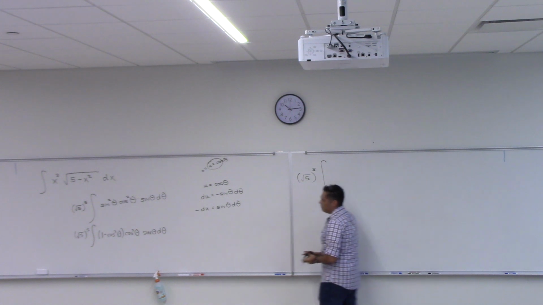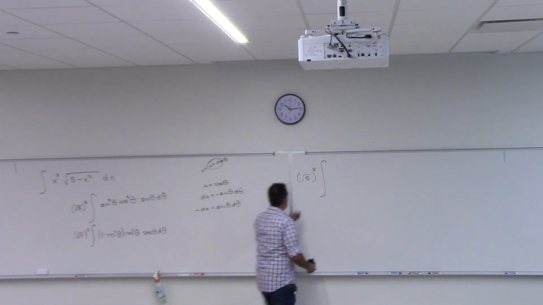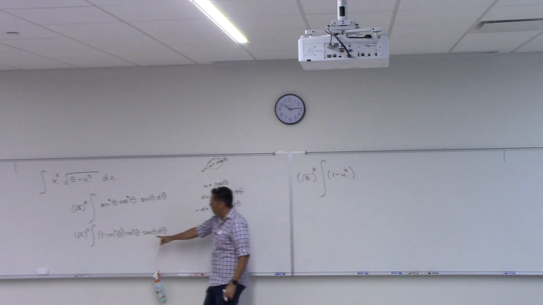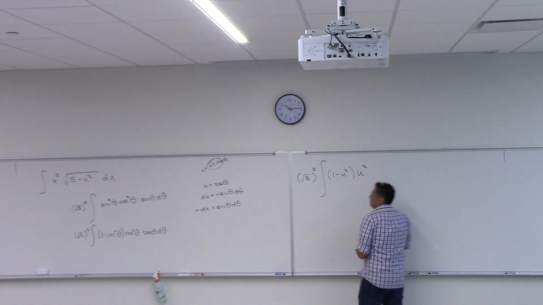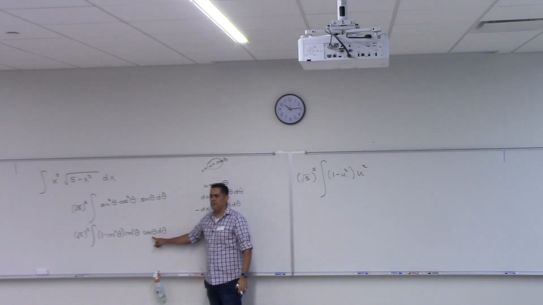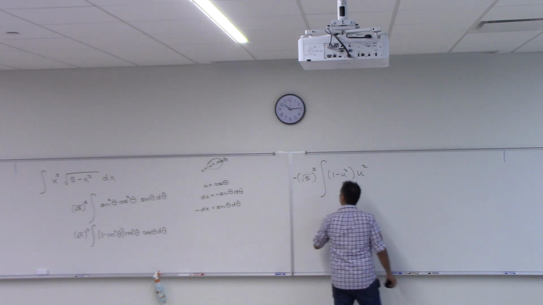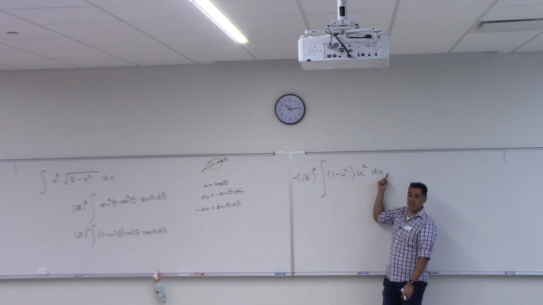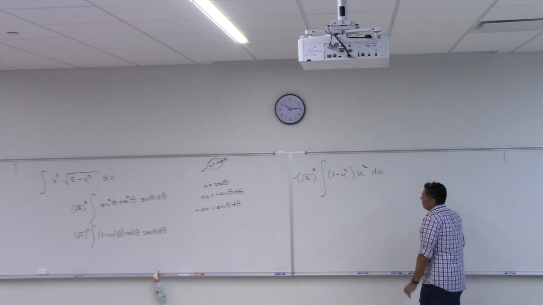All right, here we are. What does that turn into? 1 minus u squared, in parentheses, right? 1 minus u squared. And then cosine squared turns into u squared. And then the sine theta d theta turns into negative du. I'm going to pop the negative way out in front of everything. Negative out here, du. Please pay attention. That negative is from the negative du that we had. I pulled it out to the front. You don't have to do that, but